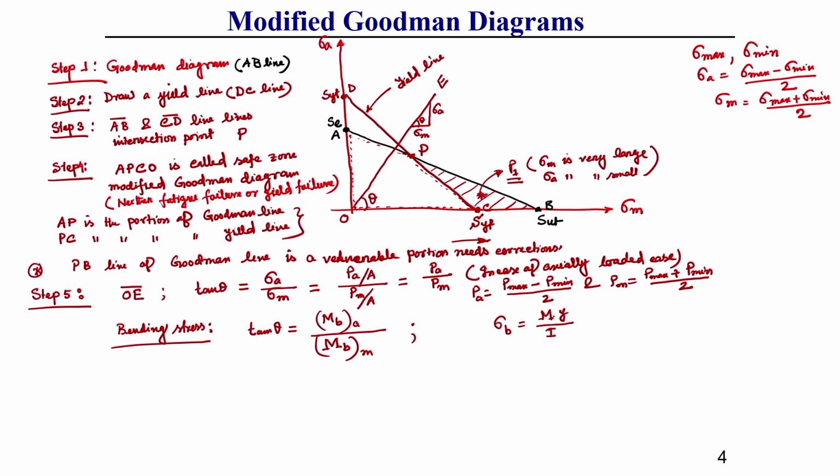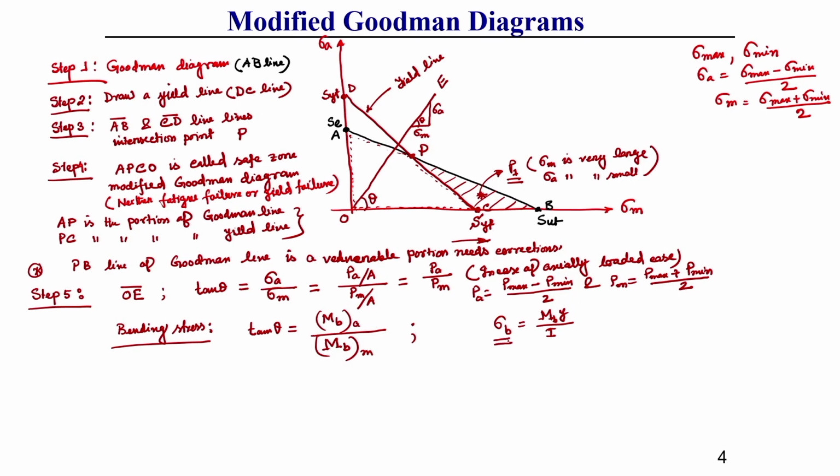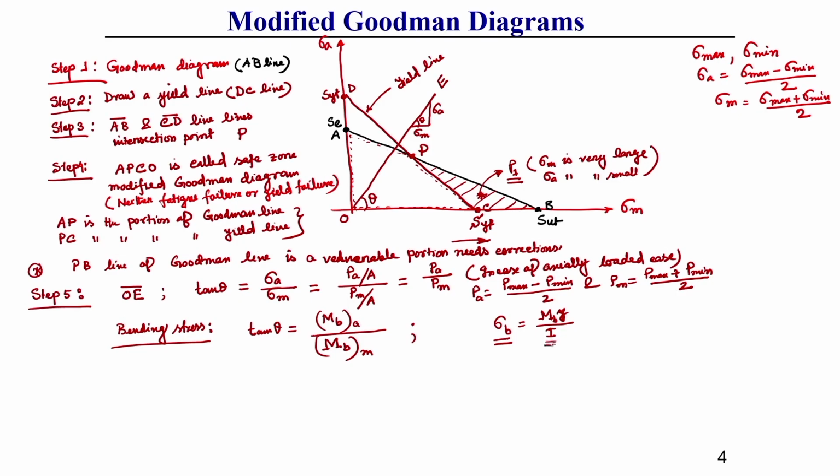I is the second moment of area or moment of inertia. M B is the bending moment, and y is the distance from the neutral axis. You know this thing, so this is generally called bending stress. Generally y is the outer layer of that structure from the neutral axis, and I is a geometric parameter, the area moment of inertia. So sigma B depends only on this bending moment M B, if other parameters are constant.